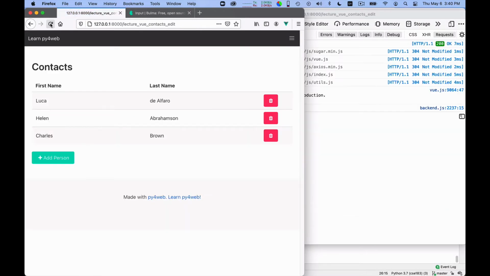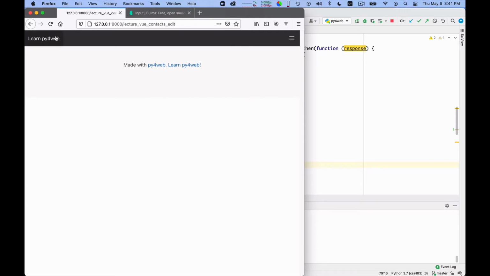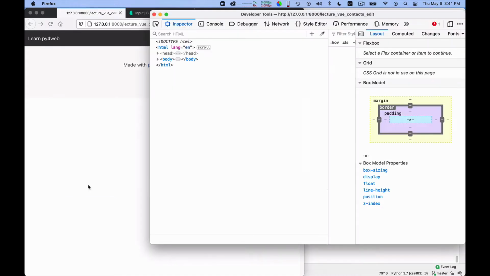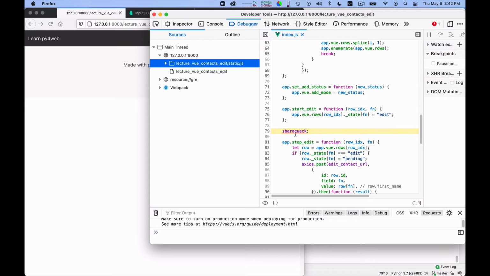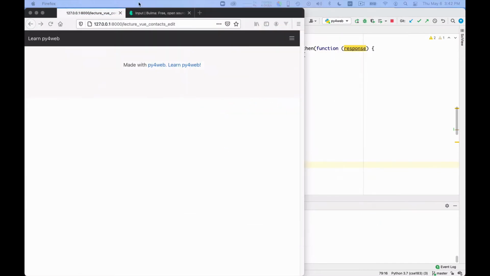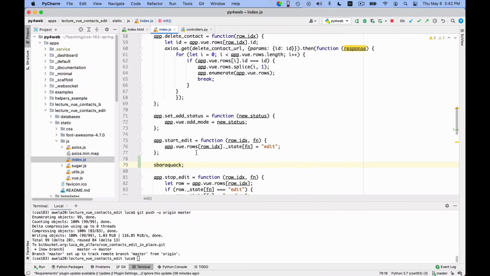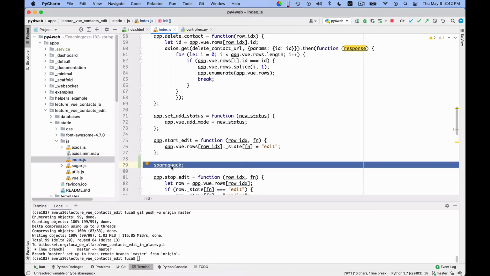Okay, so let me inject another type of error. Okay, so I reloaded the page and nothing happens. So what do you do? Well, inspect the element, always, and look at the console. Uncaught ReferenceError, Baraquack is not defined. And it gives you a pointer to the code. So here you can actually look at the code and say, hey, what is this? Maybe I was typing a password. Well, you can try it. But so you look here and you remove the culprit line.